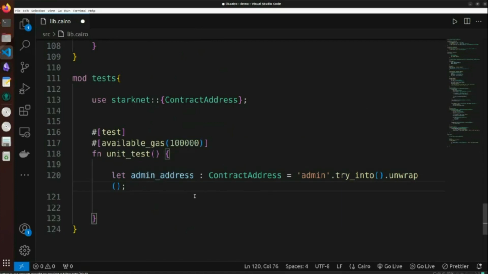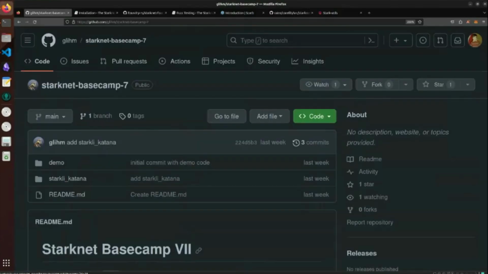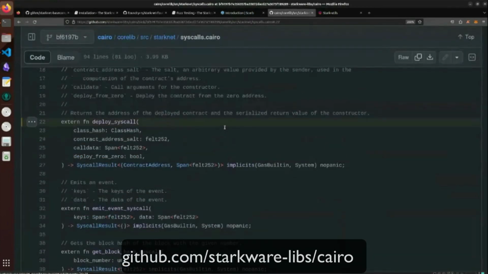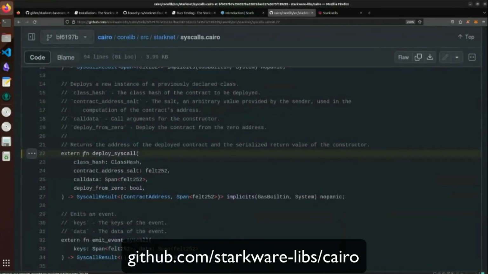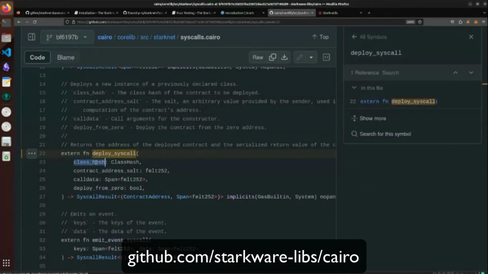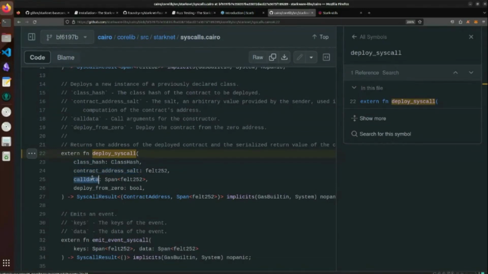And now what I need to do is basically use a function called deploy syscall, which deploys the contract itself. And the deploy syscall takes several parameters, and you can check the Cairo repo. This deploy syscall takes as parameters the class hash, the contract address salt, the calldata, which will be our constructor data, and deploy from zero, which basically means whether it should deploy from the zero address. So to do this, Robert,